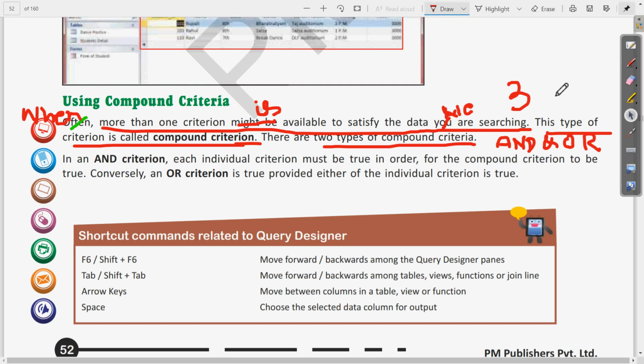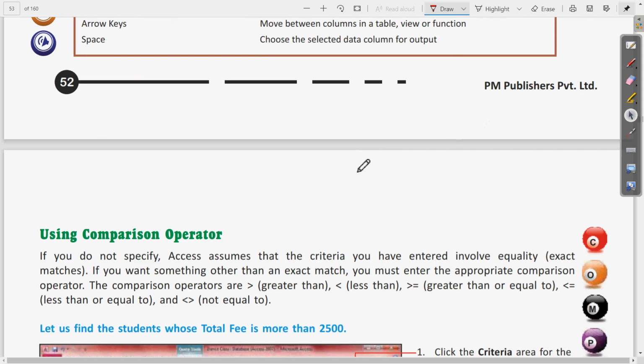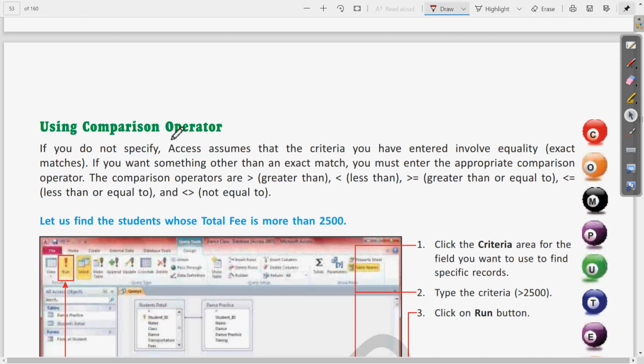Then the next one is comparison operator. The compound criteria we have seen, then the next is comparison operator. So we can write that comparison operators are used for, you can write a sentence by your own, that comparison operators are used for comparing.